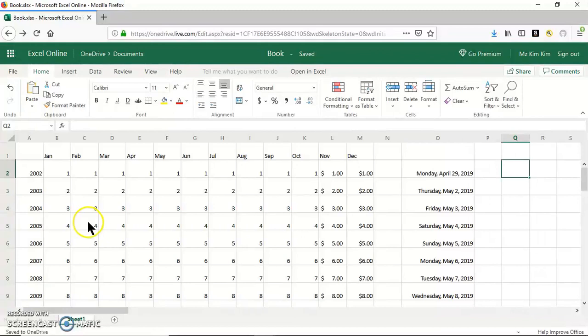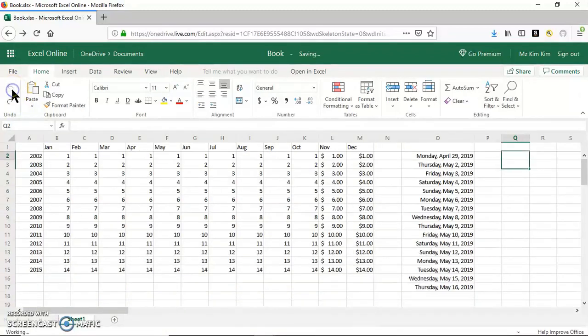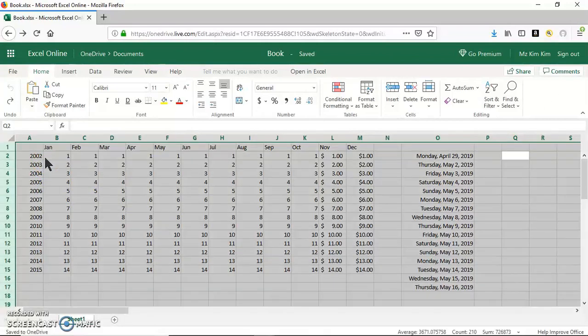There's another thing I'd like to show you. I will go back, and I can choose Control A, and that's on my keyboard. You can hit the Control key, hold it, and then press the letter A, and it will select not just the data on this worksheet, but the entire